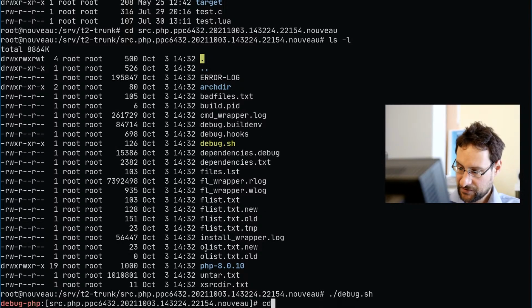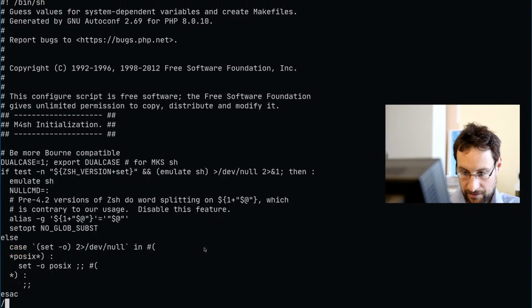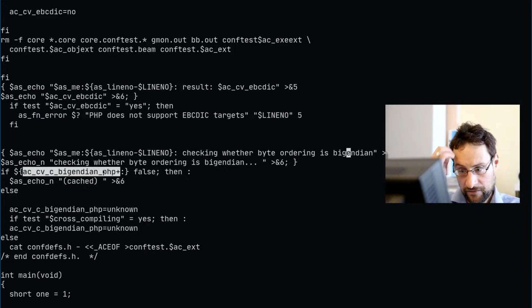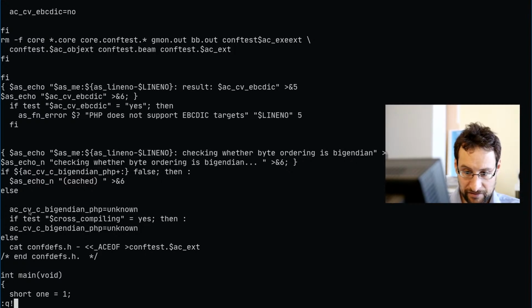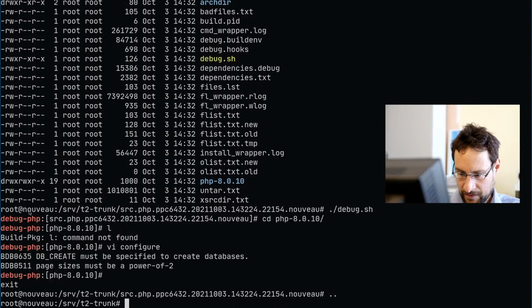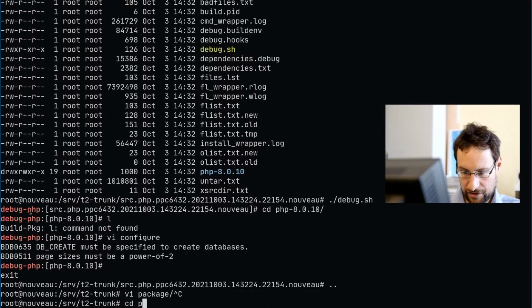It could be that they just check this without using that. Big endian, is it big endian something? So we can fully cache that. I think there might be some ac_cv something endian thing. Okay, so they want here yes, no, probably. And so the right fix for that is to fill the config cache with the right value.